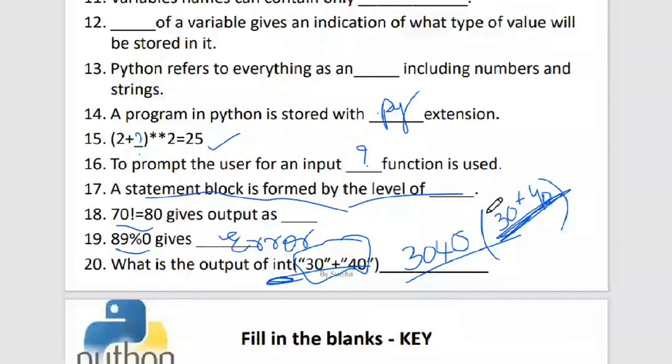It will consider it that way and make 3040. And coming to int, we have int of 3040. So what will happen? 3040 is now what, int or string type? Integer type. Okay, so this is the key for all this.